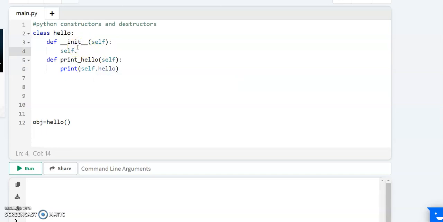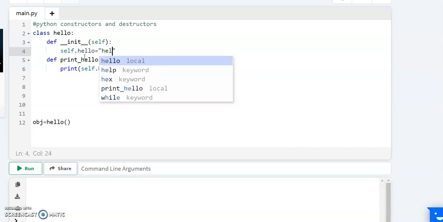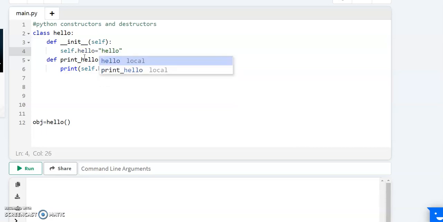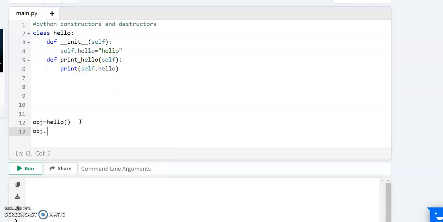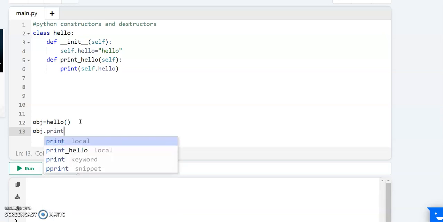Here also you need to give self dot hello equals hello. Then you need to call this function by using the object: obj dot print hello.